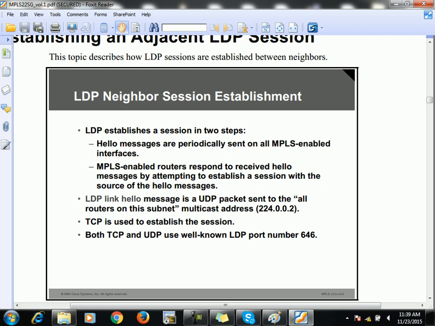So first of all, they will send hellos to each other, and to send hello messages, they will be using a multicast address 224.0.0.2, which is for all routers, right? The meaning of this multicast address, 224.0.0.2, is for all routers. If you are sending anything using this multicast address, it means that you are sending this message to all routers, right? Are you getting my point?